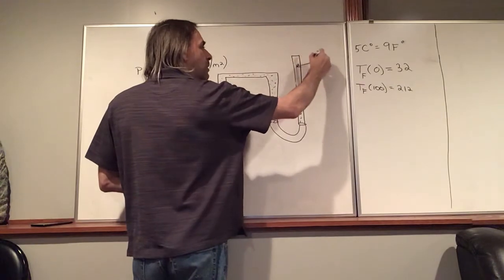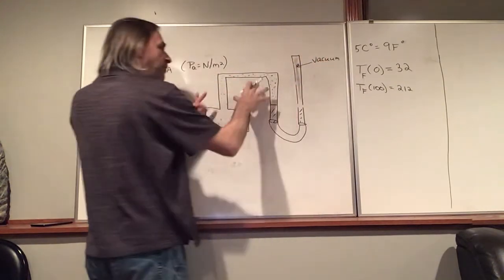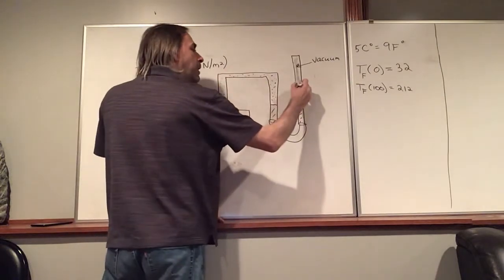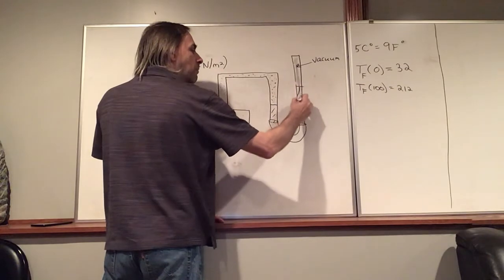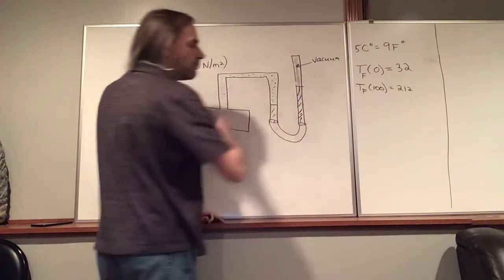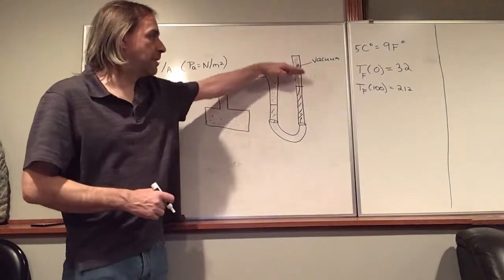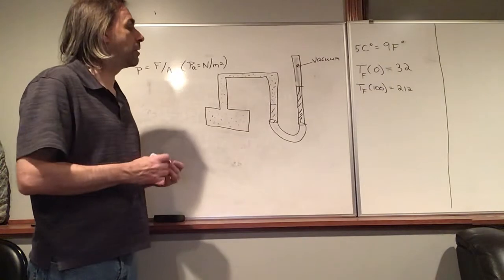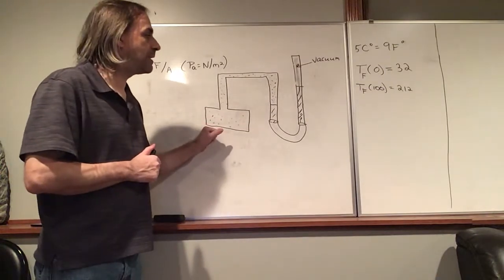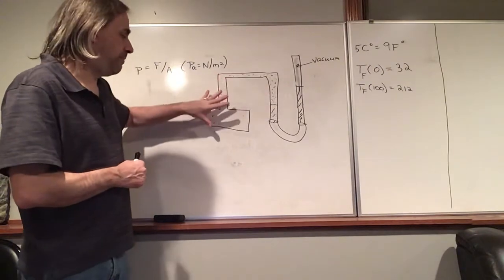Probably better if it was. So let's make this a vacuum. And if there's a gas pushing down, that's going to lift this level of mercury upwards. And the more you push down, the higher this mercury is going to go. And so what we have here is actually a device where,